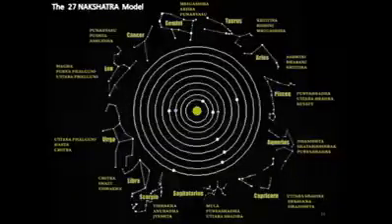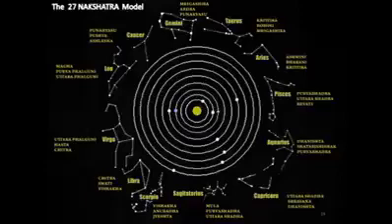So the 27 nakshatra model is exactly that. So see, this is a very, very powerful mnemonic that the ancients evolved, where using the mnemonics of the moon's wives' names, they could look at the night sky and recognize the principal stars in it, as well as associate them with the phases of the moon and thus mark the passage of time. This mechanism of marking the passage of time has been used in India for an exceedingly long period, even to present times when you mark the occurrence of festivals using such a lunar calendar.